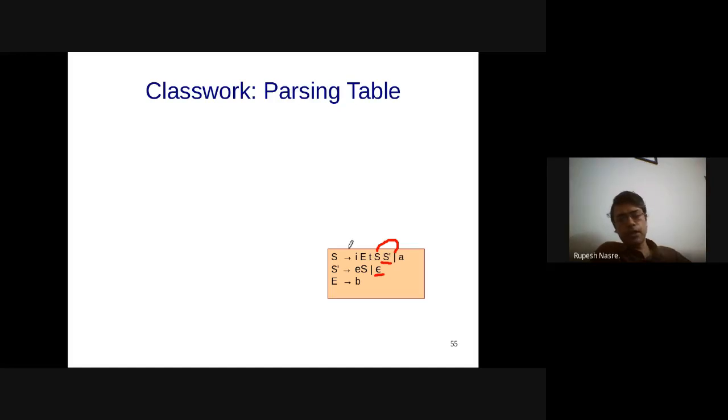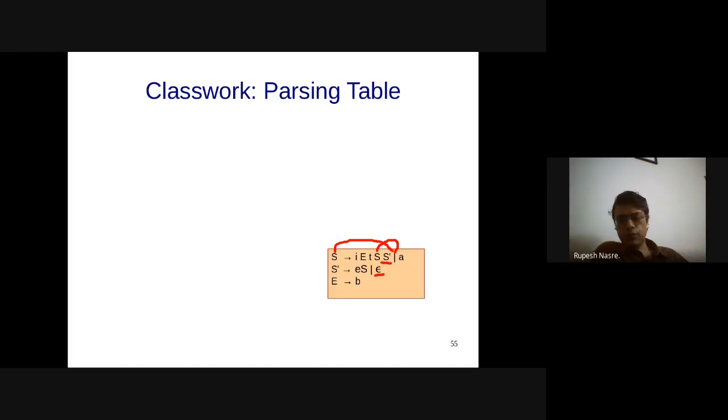Okay, let's come back. First of S we said is I and A. First of S prime we said is E and epsilon. Follow of S is going to be first of S prime as well as dollar, and therefore E and dollar are there in the follow of S, capital S. And now follow of S prime is going to be follow of S, and that is going to contain both E and dollar. Yeah, that seems to be fine.